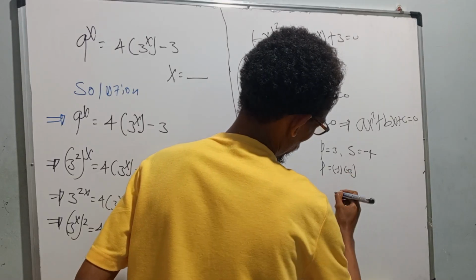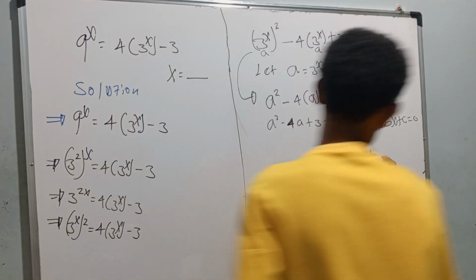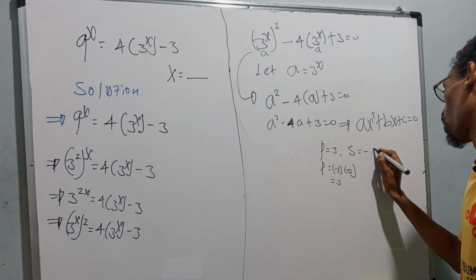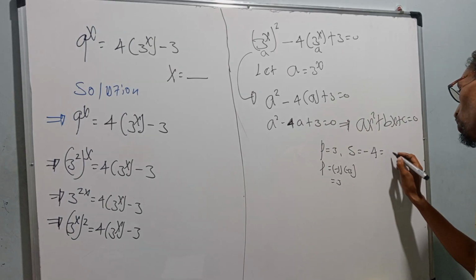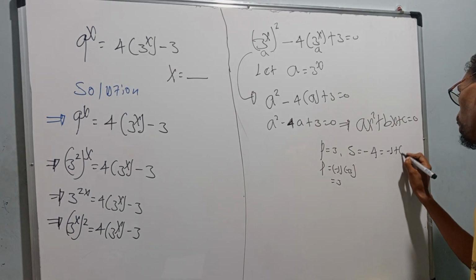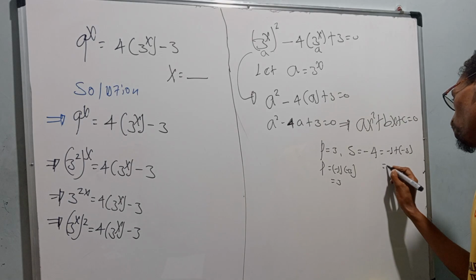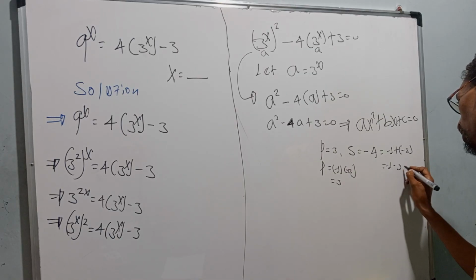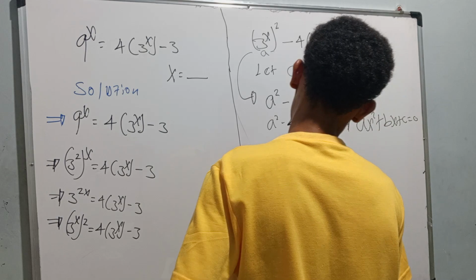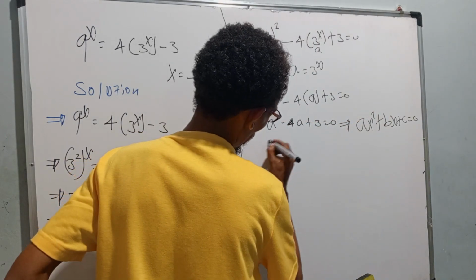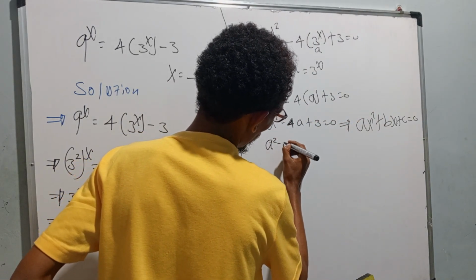Minus 1 times minus 3, we get 3. And also their sum becomes negative 4. That means negative 1 plus minus 3, which is equal to negative 1 minus 3. We get negative 4. Then we can substitute from here a squared minus a